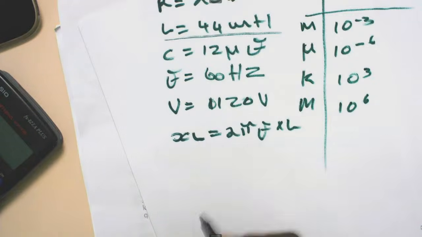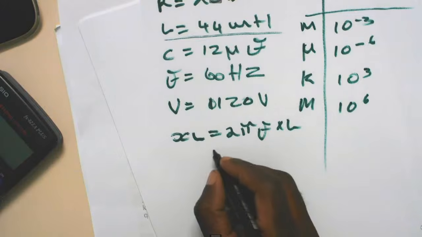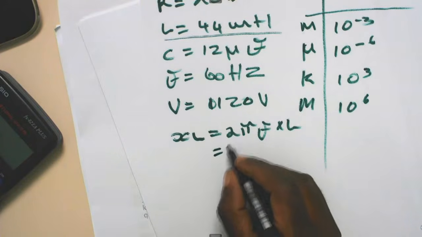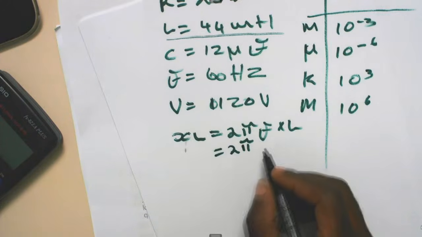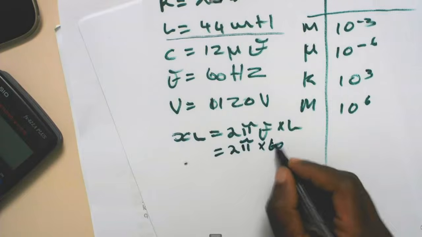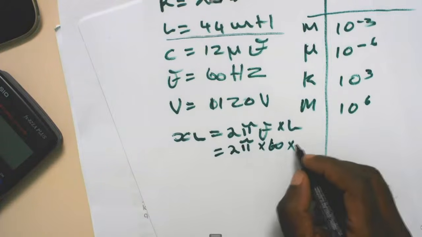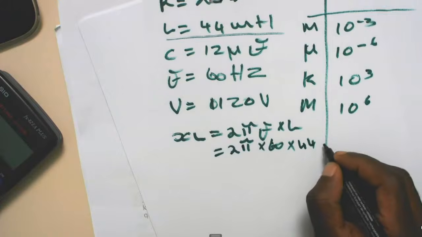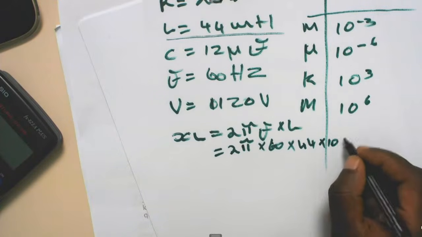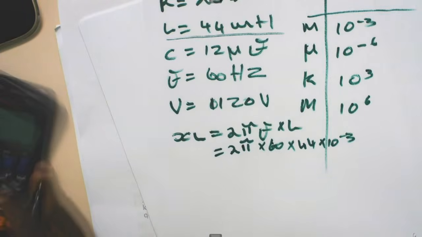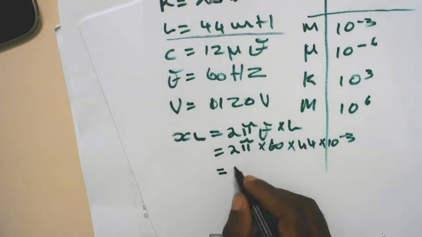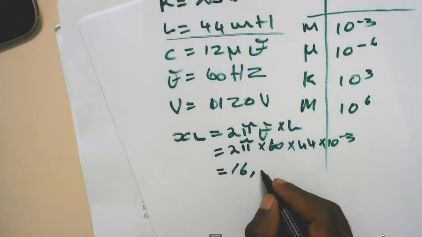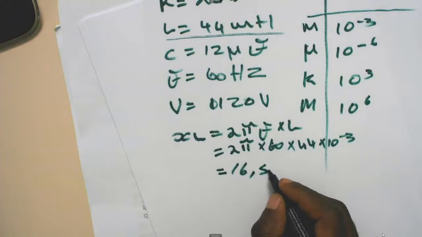So let us see. As we've written our formula, the substitution will be 2 pi, our frequency in this case is 60, multiplied by 44 to the power of -3. So we go to our calculator here, which will give us 16,509